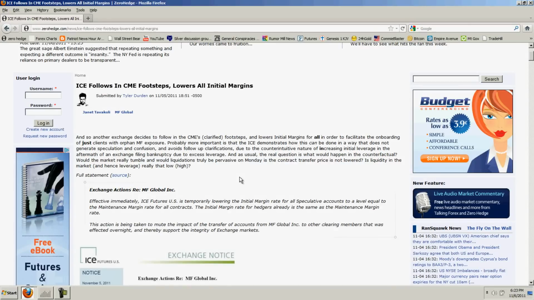Now, what's fascinating about this story is that, first of all, it was broke on Zero Hedge. As far as I know, the story was broke on Zero Hedge, and that ended up having the CME reacting multiple times with tweets and Facebook updates and things like that. Now ICE has come out and given an update. So the latest news, and the reason why that's important is because